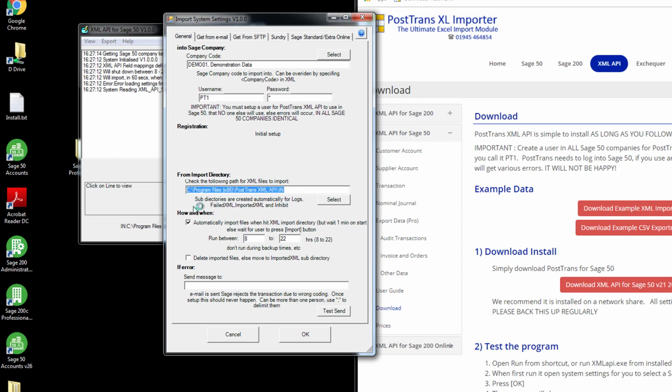Next, we have the import directory, and because we loaded it into PostTrans x86, that's where the import directory is at present. The examples are in there, so we're going to come back to that in a minute. You might want to install it and then alter this at a later date. Down here you can turn on and off automatic importing, and whether it should be shut down between 8 and